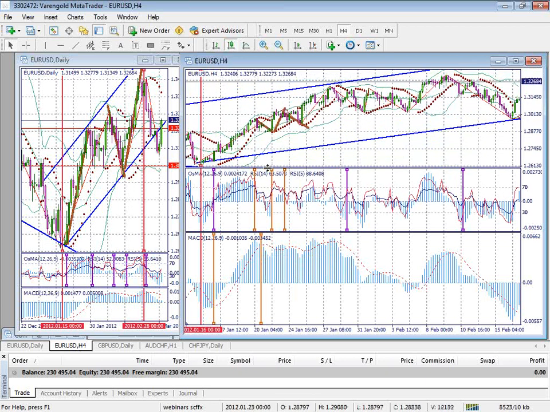You can see that at the same time as the signal from MACD, we have the signal of PSAR. The PSAR is changing. It is going above the price. The next signal that we have by the cross of RSI, we can see on the chart is confirmed by the evolution of the price,